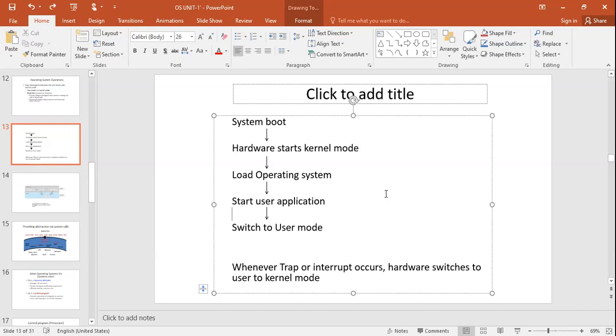That means once your typing is over, if you want to execute something, or you want the services of the IO devices or memory management or whatever services we have discussed previously, you need to interrupt the execution of the current process. Then only it will be shifted from kernel mode to user mode.